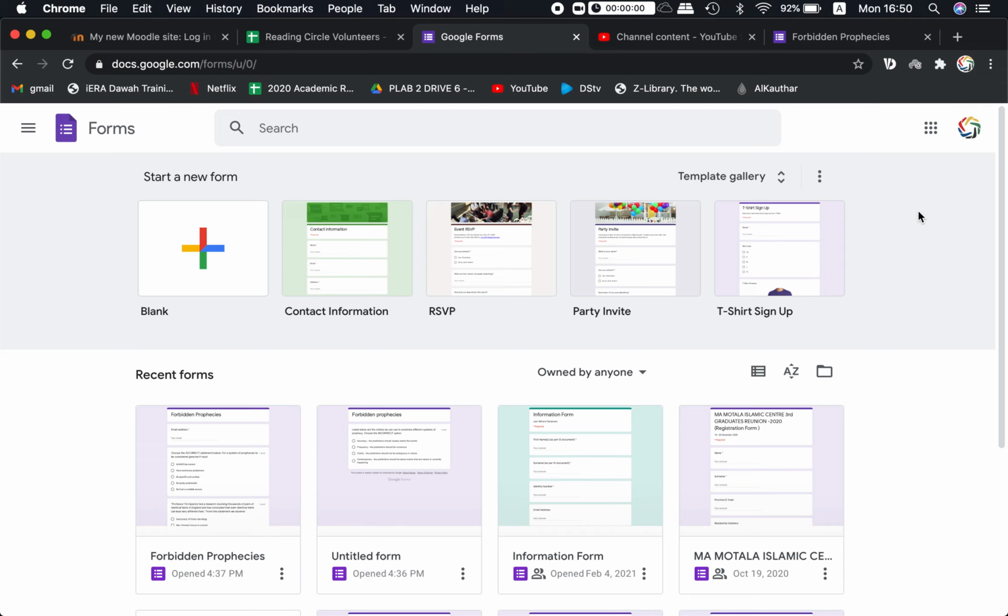There's two main functions of Google Forms that we use often for Boomerang. One is the survey or questionnaire function, and the other is the quiz function. So it's really simple to use. We've been trying to get both the volunteers and the staff at the center to try to use it more